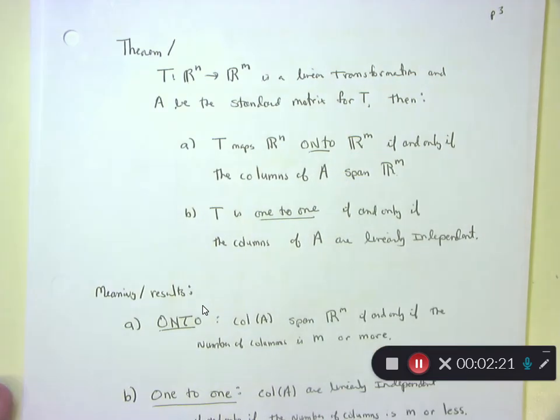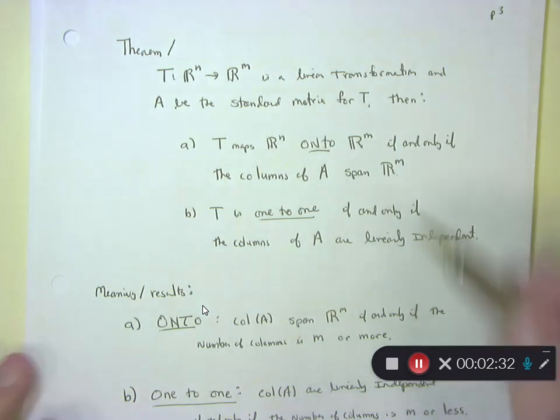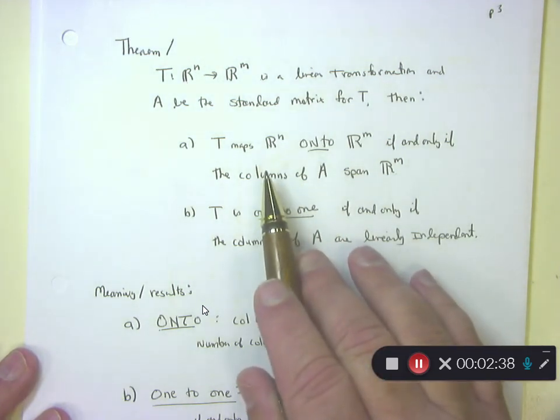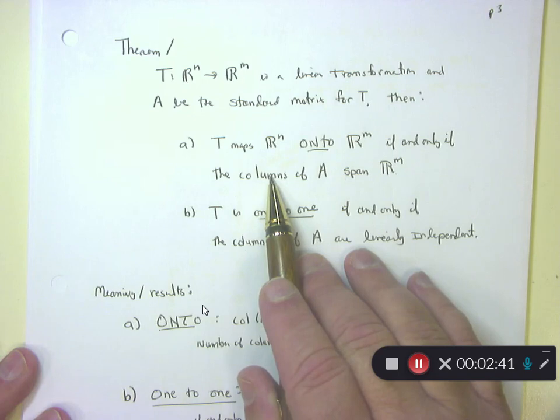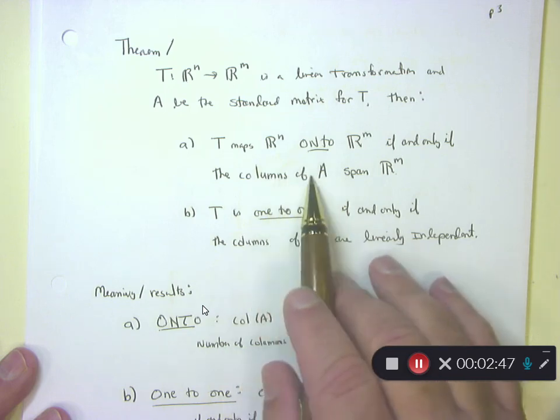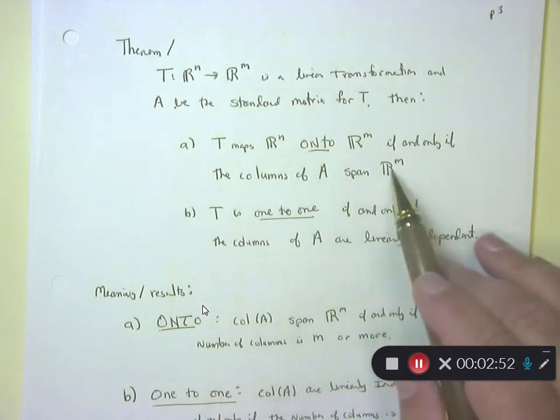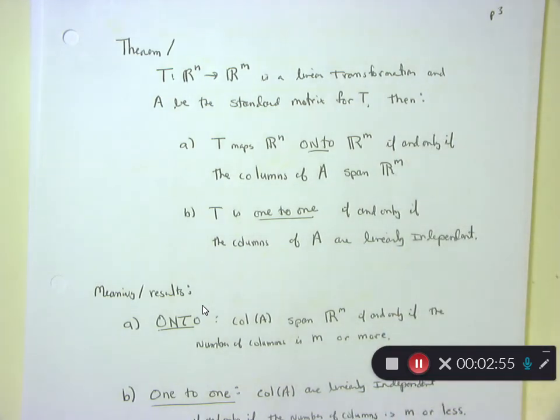span Rm. Now, let's go back to more definitions, I warned you about an introduction to class. What does it mean to span? To be able to span, that means any vector inside of Rm can be written as a linear combination of, in this case, the columns of A. That's what it means to be inside the span. And so you're talking about the columns of A to be in the span. How many vectors do you have to have in the span? Well, if you've got Rm, there are m components, so you're going to have at least m vectors on this guy. And, continuing on,